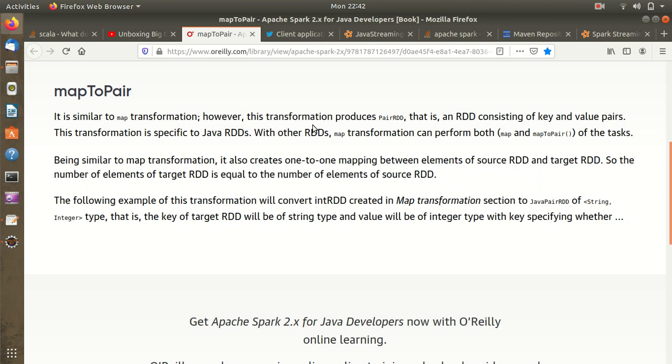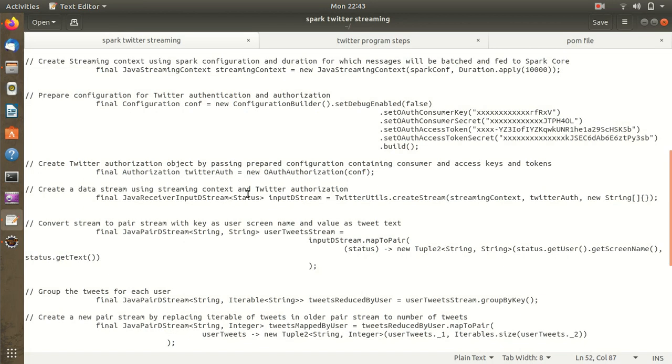Because in this practical we are dealing with key value pairs, we are not applying the map transformation. We are making use of mapToPair because here we are expecting the answer in key value pairs. That's the reason we use this transformation instead of the regular map transformation. No worries, I'll be putting all the links I'm using right now in the description box so that you can visit that page and familiarize yourself with these terms, because this is the important thing. That's why I've discussed it separately. Rest everything is quite straightforward.